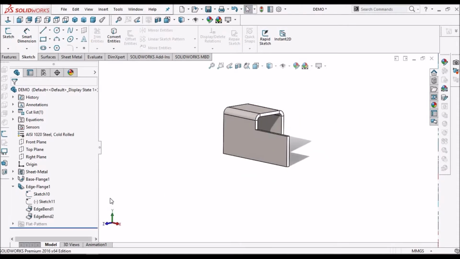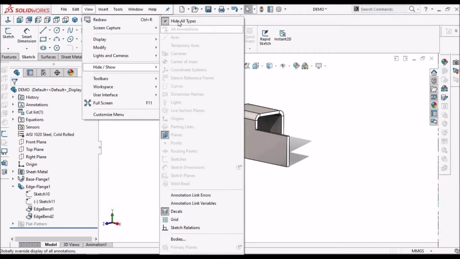So this is done. Now let's go to the show hide options.